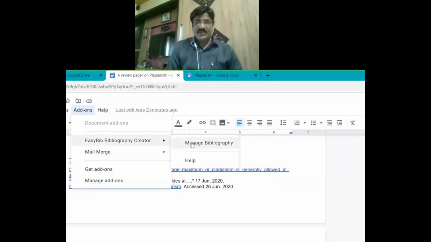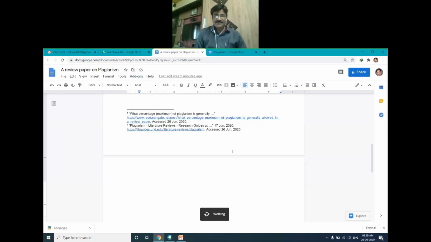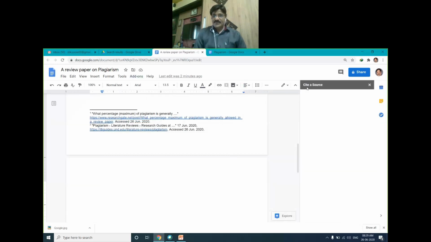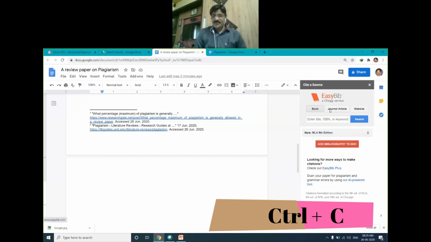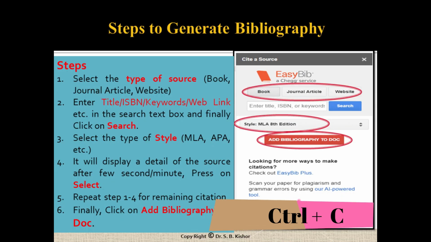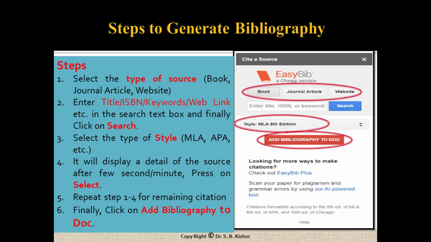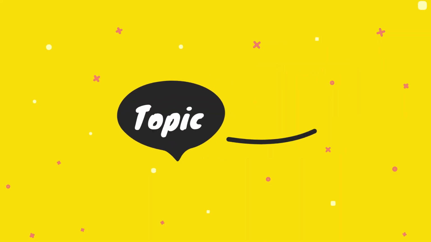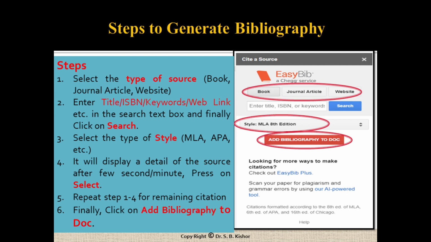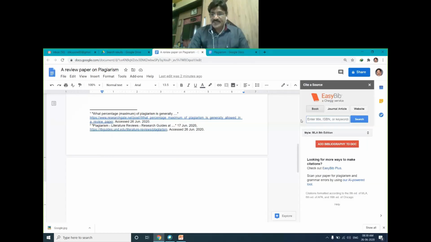Now click here on manage bibliography. It is known as Cite as a source, EasyBib. So you can search your information either from a book, a journal article, or a website.